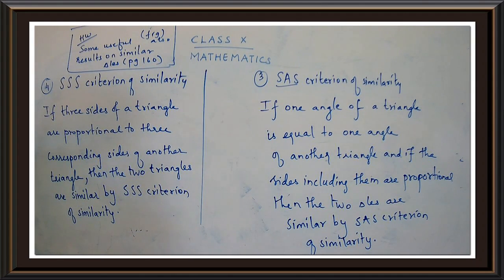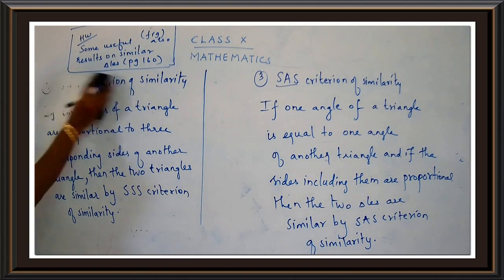The question is to check whether the triangles are similar. So first of all, your work is to check for the similarity. And after checking for the similarity, if the triangles are similar, find the value of x. If the triangles are not similar, no need of finding the value of x. Come on, let's proceed with the work. I hope you have taken the heading as exercise 4.1.